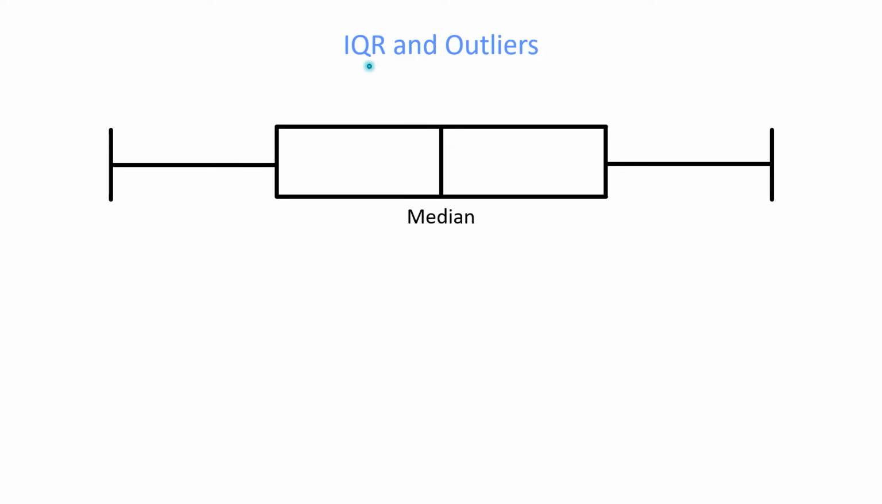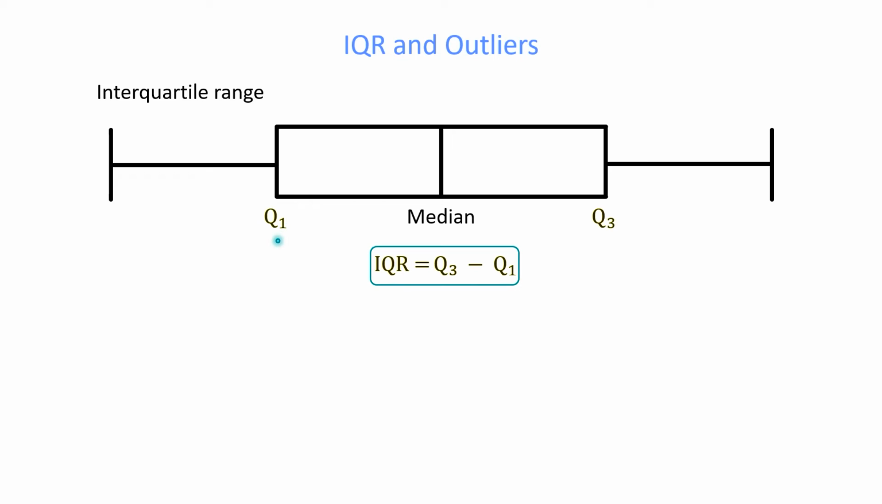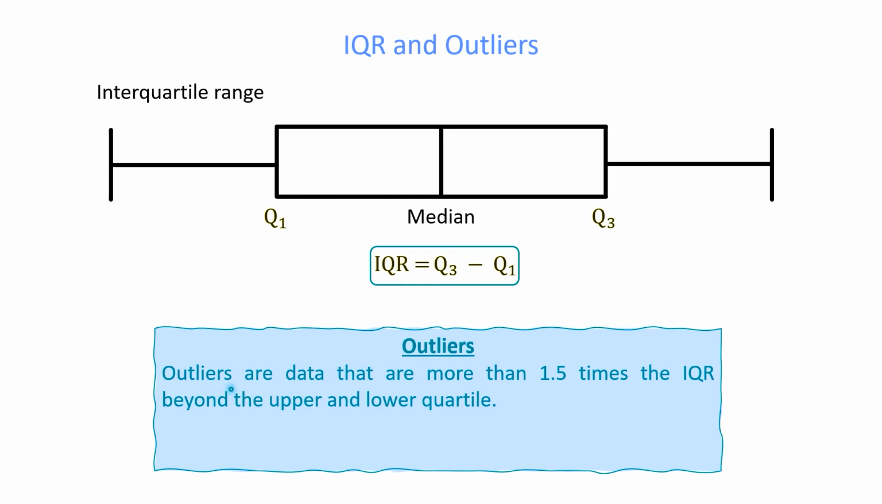Now the IQR stands for interquartile range. The IQR is equal to the upper quartile subtract the lower quartile. And we can use this to identify outliers. So outliers are data that are more than 1.5 times the IQR beyond the upper and lower quartile. So if we did 1.5 times the IQR and added this onto the upper quartile, anything beyond that would be classed as an outlier. Similarly, if we did 1.5 times the IQR and subtracted this from the lower quartile, anything beyond this would be